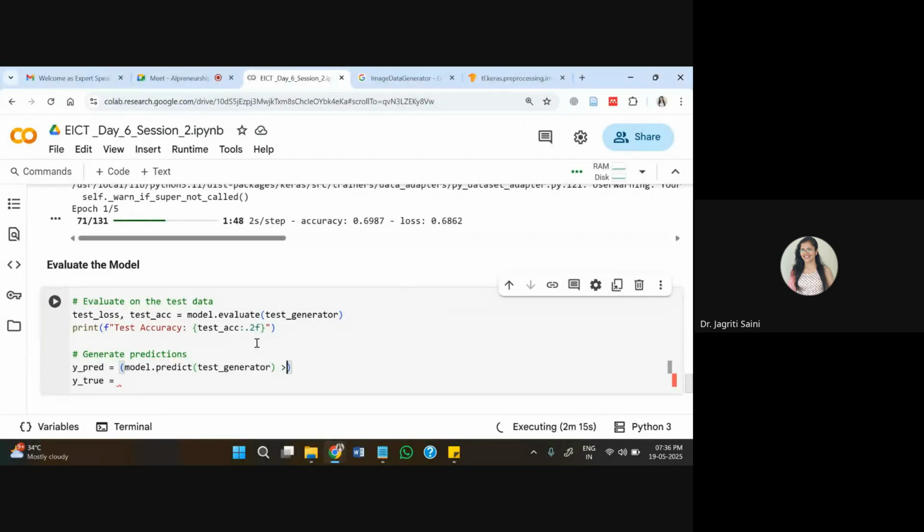And here I'm putting a threshold of 0.5, because we have a binary classification approach here. So if the prediction is greater than 0.5, we will put it in one section. If that is less than 0.5, we'll put it in the other category. So accordingly, we are putting that information here also for the comparison purpose.